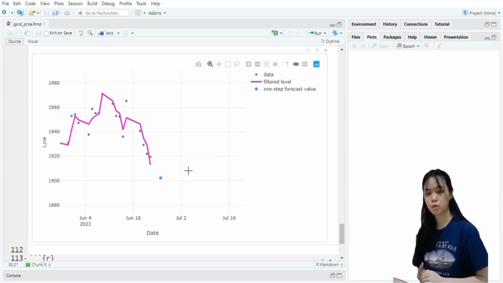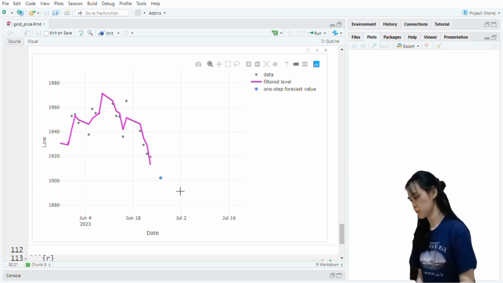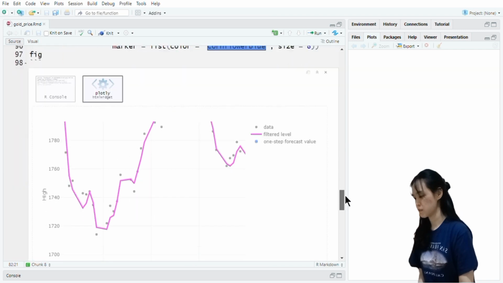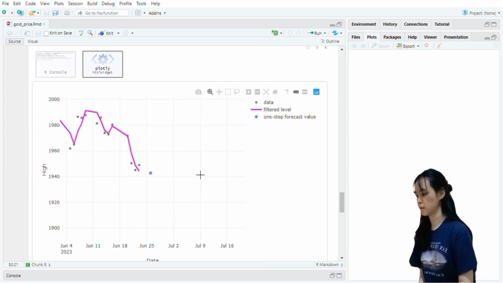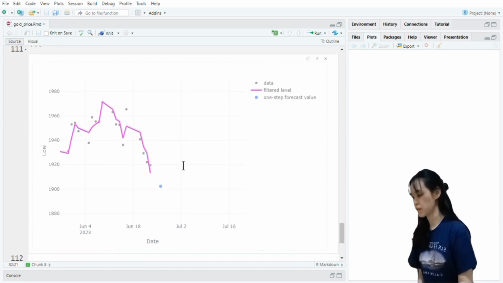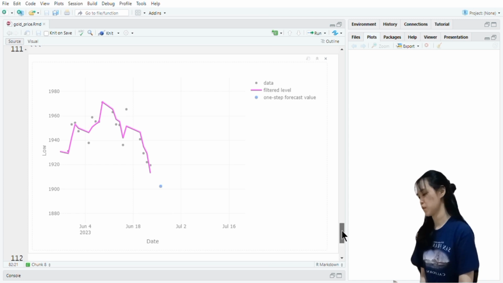Okay, maybe some of you are more concerned with the accuracy of the prediction itself, but let's also look at the direction. Sometimes it's really important to just predict the direction, right? So for the high prices, it's predicted to be decreasing a little bit from 1949 to 1942. And for the low price, our model also forecasted a decrease from 1919 to 1902. Okay, before we see the real data, what really happened on June 26th, 2023,